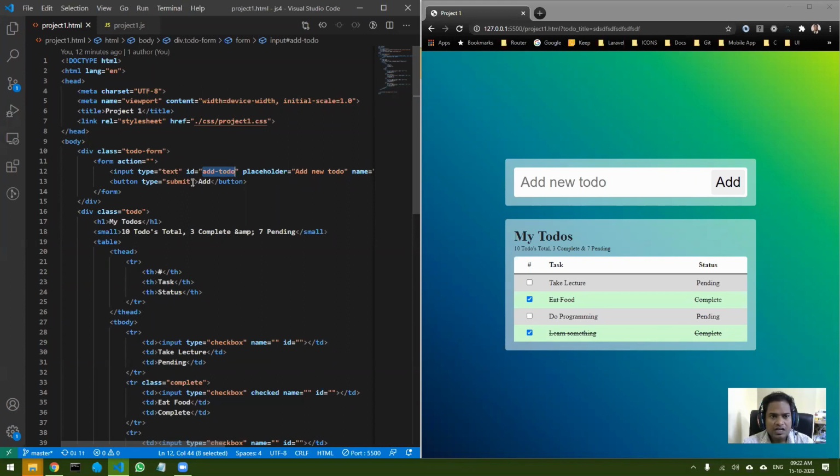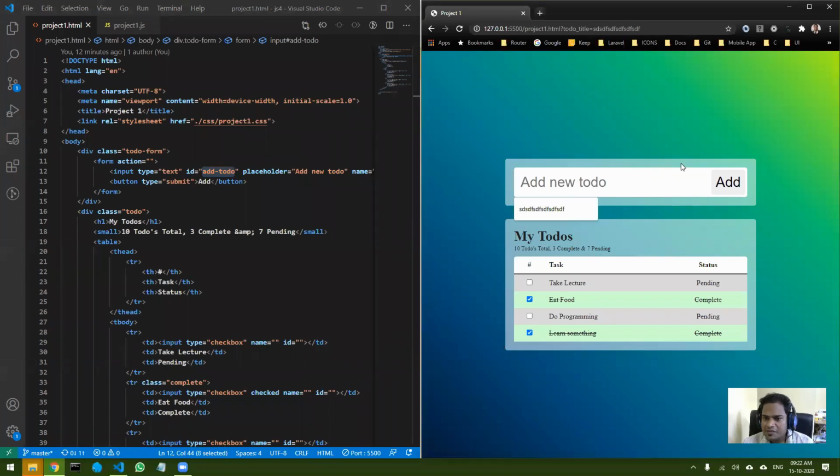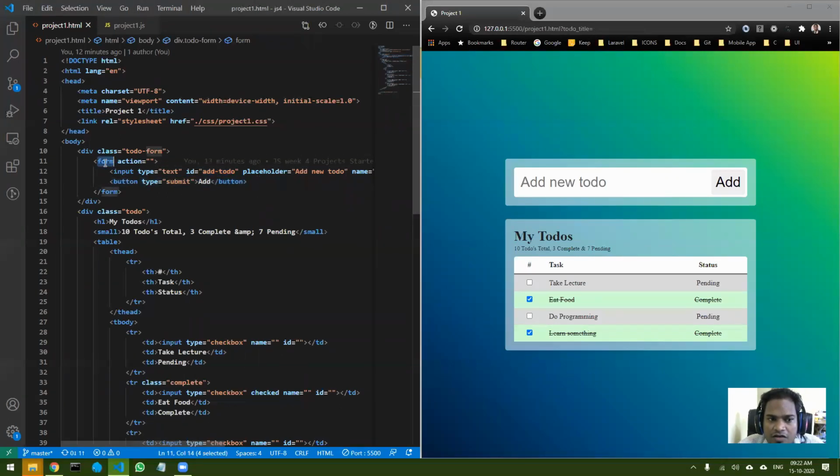Before that, you can see I also want to add this particular element only when I click this button. Right now, if I click the button, you can see what exactly happens. The form gets submitted. That is the default behavior whenever there is a button inside a form. The problem is you don't want the form to be submitted because this is a JavaScript form where actual HTML properties need not be there. So I don't want the form to be submitted. Let's see how to handle this.